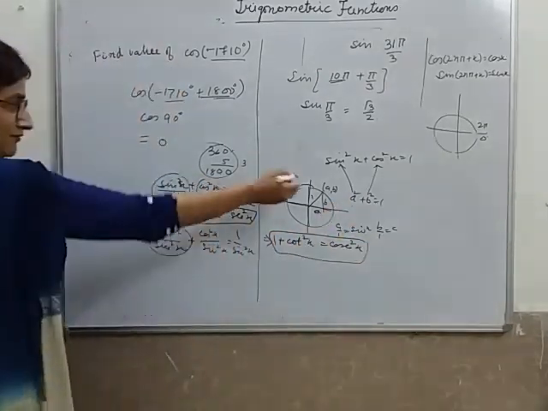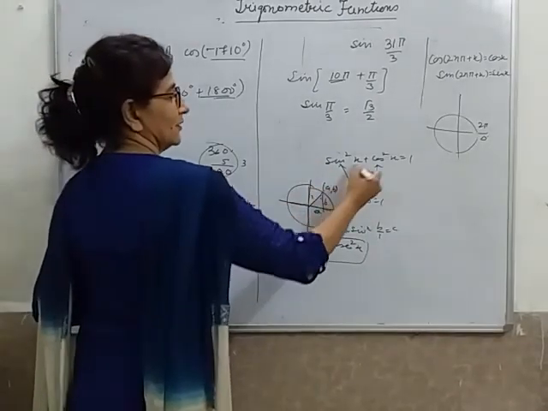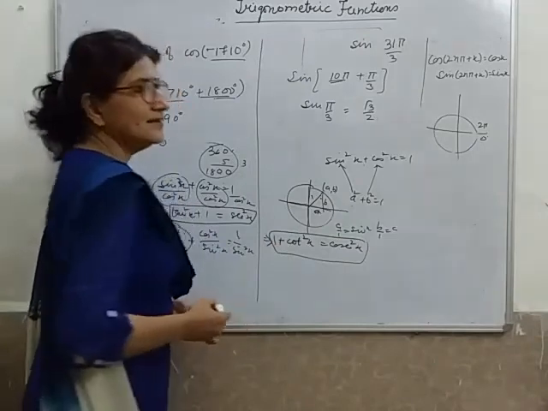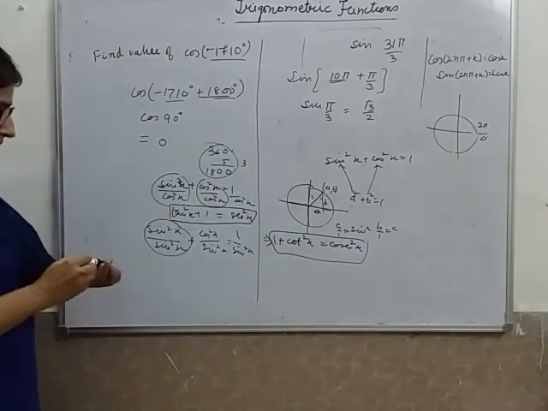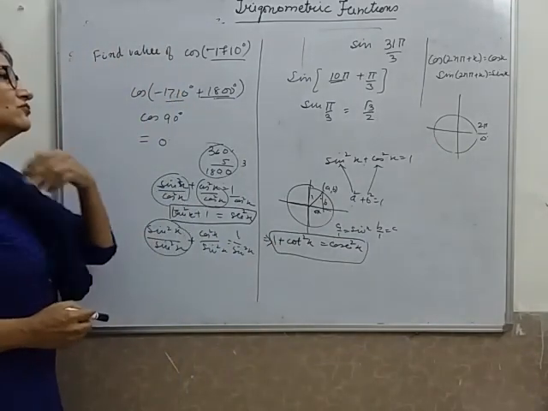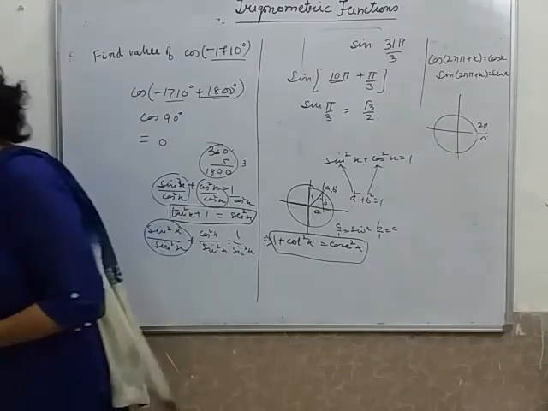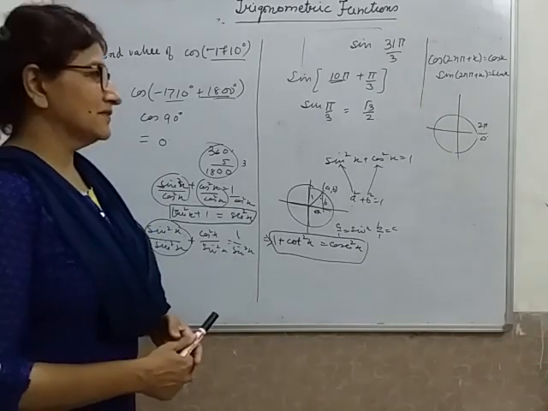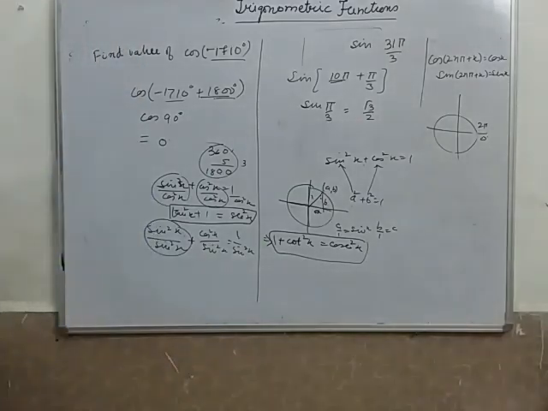So we derived all three identities from this circle only: first the basic one, and then dividing by cos square and by sin square. I stop here, and now you can try exercise 3.2, I believe. This is 3.2. You can always take doubts. You are most welcome to take them any time.